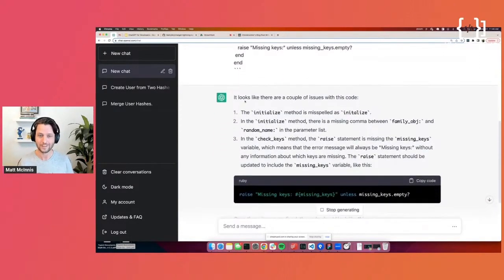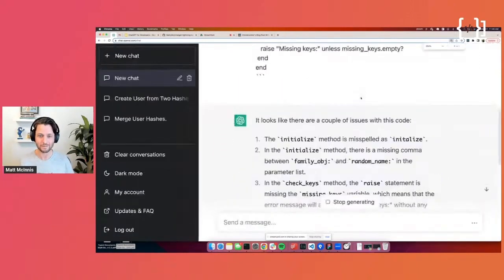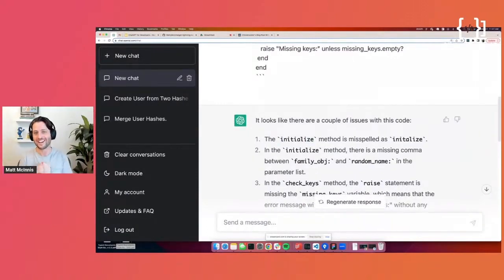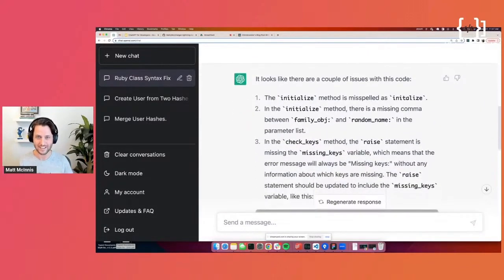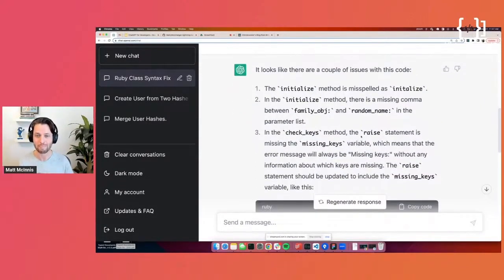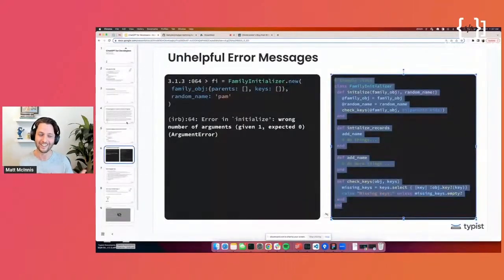And so right away, it looks like there's a couple of issues here, and the most frustrating error in history: the initialize method is misspelled. Great. I can't spell, and I spent all that time thinking I wrote some sophisticated code error in one of these loops I'm doing. Nope, I spelled initialize wrong. I really envy you if you've never had a mistake like this when you're programming.